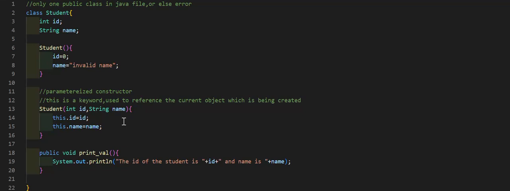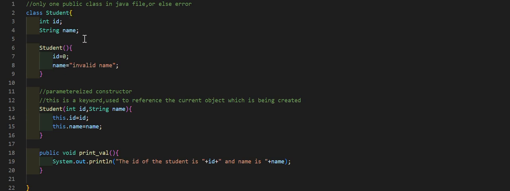Now, today, with the help of a proper example, we will learn in detail what a class is. So here I have a class Student. In the class Student, I have written two variables here: int id and string name. Now, these are known as the instance variables, or you can also call them data members, because these are the members or attributes of this particular class.